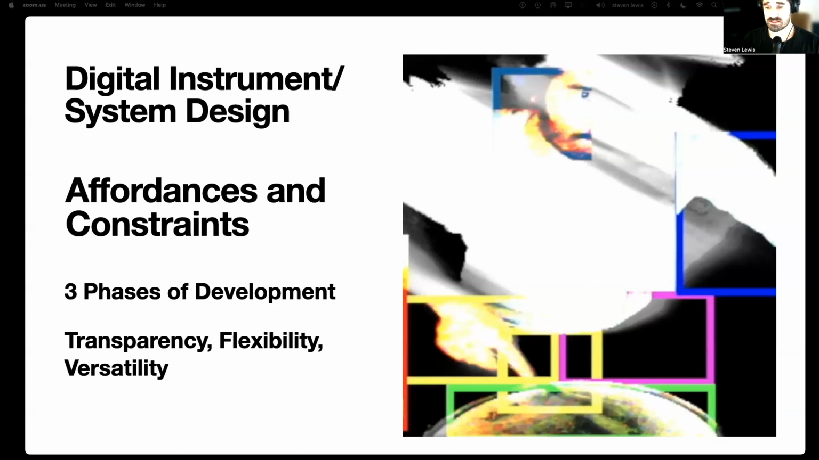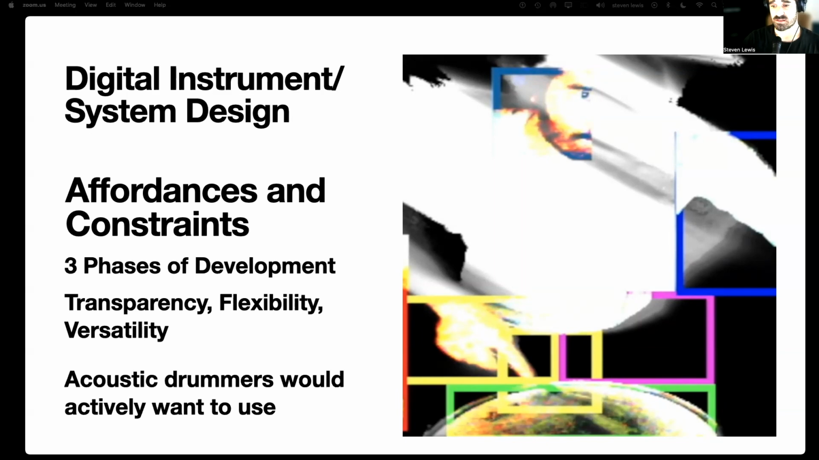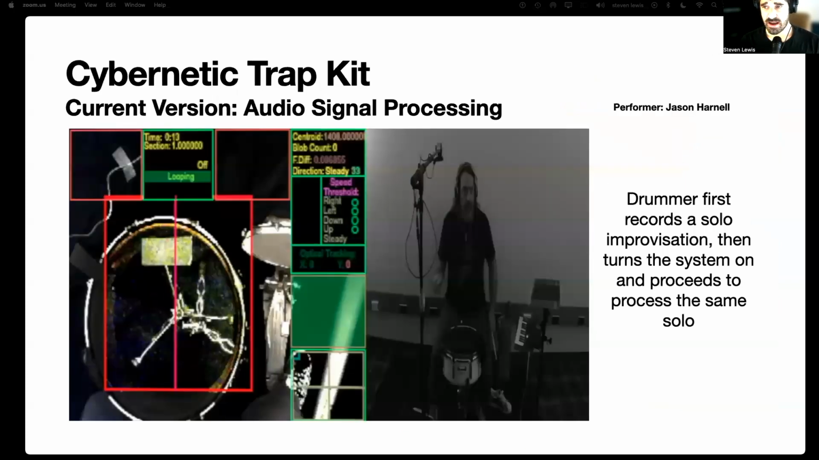Because first and foremost, this is a project where the ultimate goal was to design something that acoustic drummers, or drummers with not a whole lot of experience or background incorporating electronics into their performance practice, would actively want to use, right? So trying to build something that would encourage them to incorporate electronics into their playing in an active and enthusiastic manner. So before I proceed into these 3 phases of development, I would like to give you a